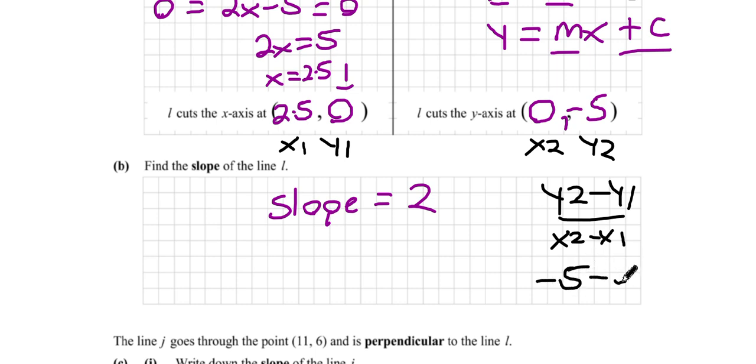Minus 5 minus 0 over 0 minus 2.5. Put it in the calculator. Guess what your answer is? It's the slope formula, so the answer is 2. I already had that, but